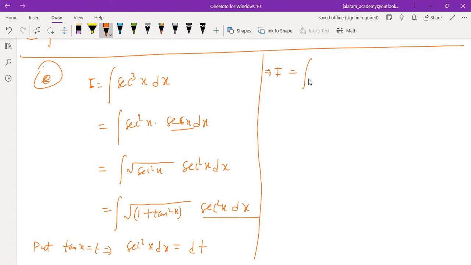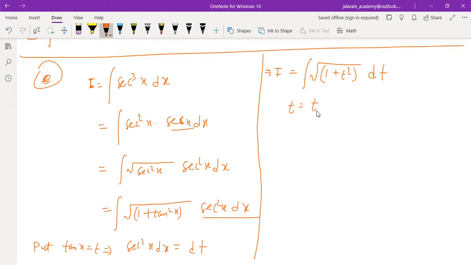So don't think it to be an easier thing to integrate root of 1 plus t square dt. Now how to integrate this? You observe that there is under root 1 plus t square inside the bracket. And whenever there is under root 1 plus t square, there is one formula for this, but we will not use that formula. I have not discussed that formula till now. I have already told you.